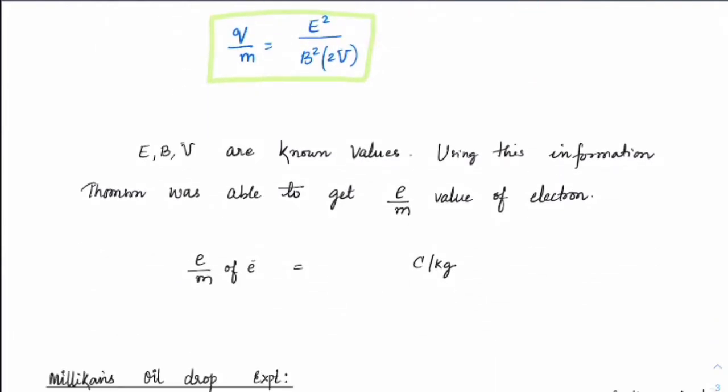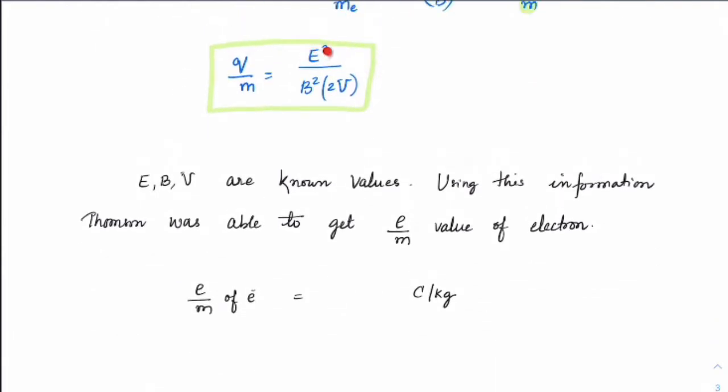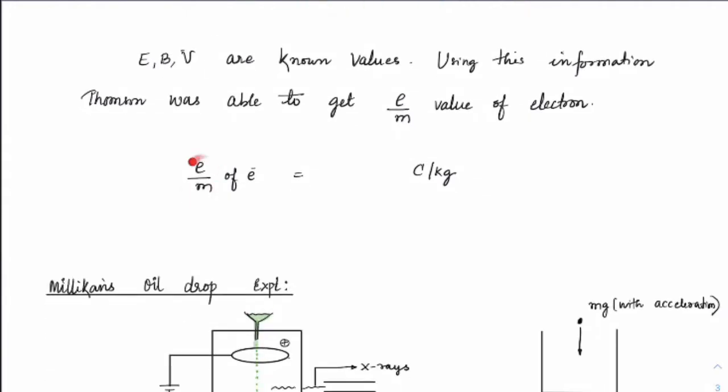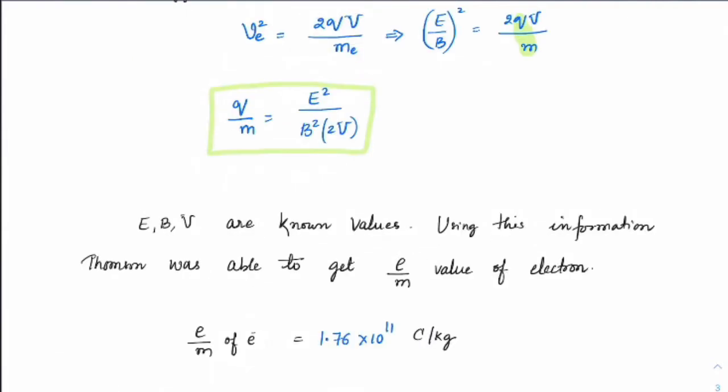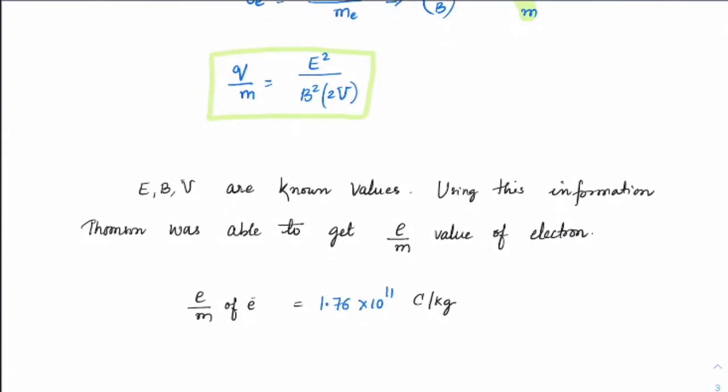Now the second important thing is, using this information Thomson was able to determine the charge to mass ratio, because the electrical field, magnetic field and potential difference are all in our hands to adjust. So on a particular adjustment he was able to calculate a constant value for the charge of the electron by the mass of the electron, and that value turned out to be 1.76 into 10 raised to the power of 11 coulombs per kg. I'm pretty sure you have come across this. So this is one thing you must remember, how it has been done.